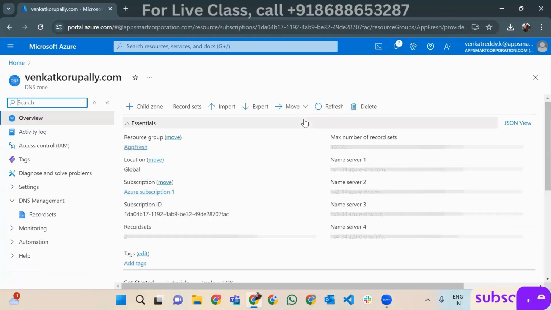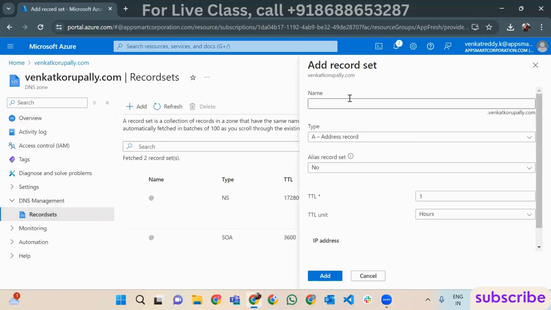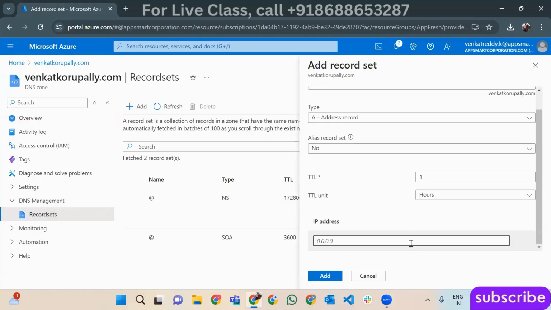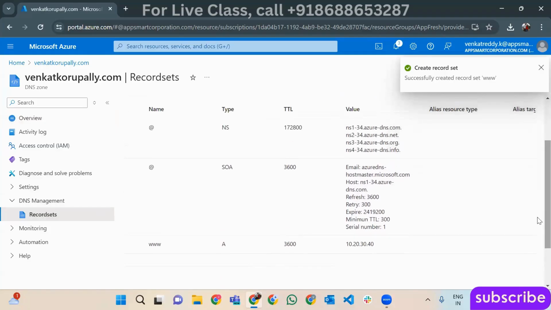Now what we need to do, you simply look for record select and just add a record. Type just www and add any record. A record is nothing but just here. You just type the IP of anything else, VM, app service, anything. You just add it. If you add it, guys, you can see I have added 10, 20, 30, 40 for